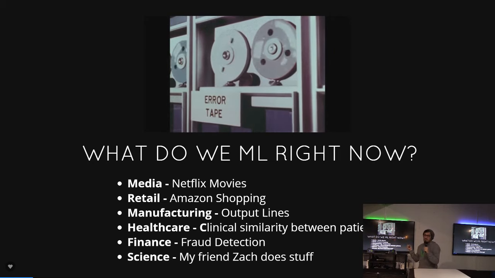Manufacturing: this is big for output lines where we're looking for inefficiencies that you can't just obviously see. Instead, look at all the stats and figure out where you can find an inefficiency. Healthcare: clinical similarity between patients is something very exciting. A hospital can use all of their data and say, oh, these people are having these symptoms. Are they even related? Is there something larger going on? No one doctor could do that, but a machine can go through all the data and figure that out. Finance: fraud detection, so categorizing activities that appear to be fraud, because humans can't watch all the time. We have to sleep, we have to eat, we have to watch Netflix and go shopping and stuff.